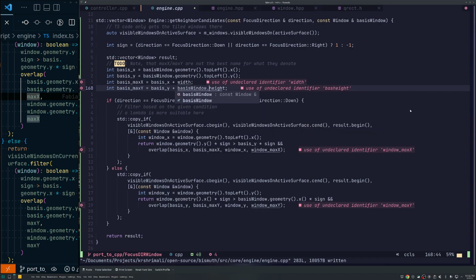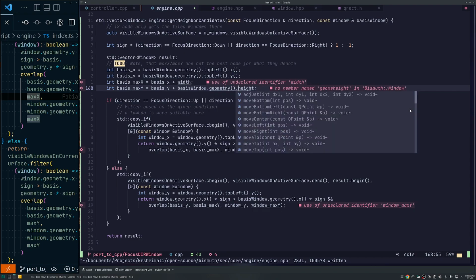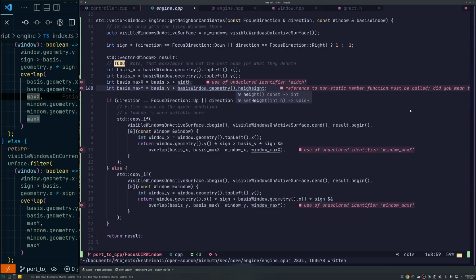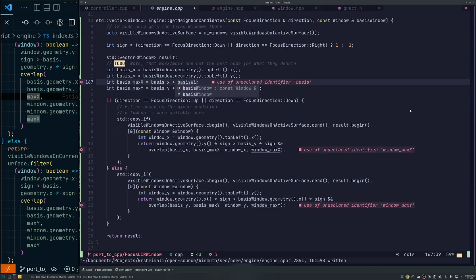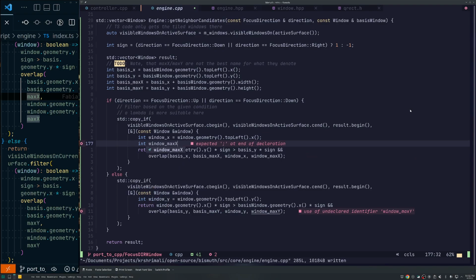Basis window dot geometry dot height. Well, I'm glad you have a function for that, sir. Geometry, yeah, there you go. Dot width, there you go. There is one. Similarly, here you can do window max X equal to window dot geometry dot